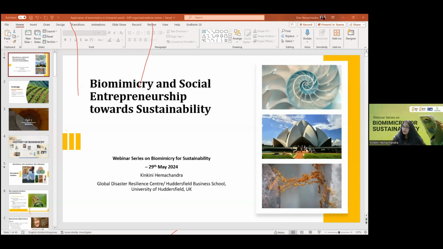entrepreneurs from Sri Lanka. Then we can open up the possibilities to show that this is what we found from you. You are engaging in different ways with nature, and these are the possible avenues. If you do that, these are the benefits. Then you have the option to select what is suitable for you. I think that is our target right now. I hope that we can get more inputs from other communities while we are on our journey.